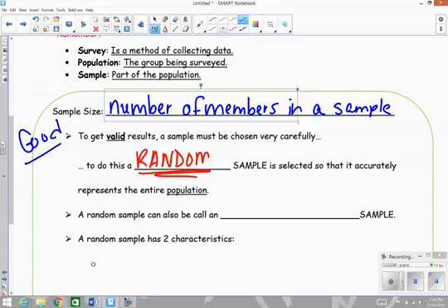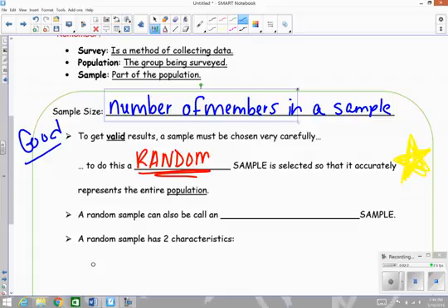If there is anything you need to know about surveys and random sampling, it's that. In order to get a good result, a good survey, it has to be random and it has to